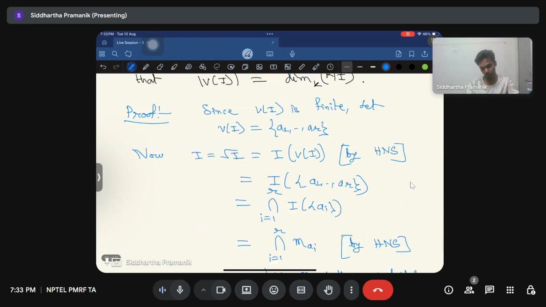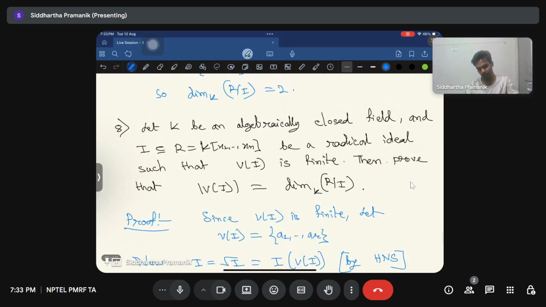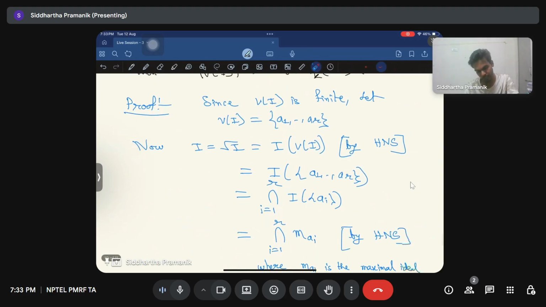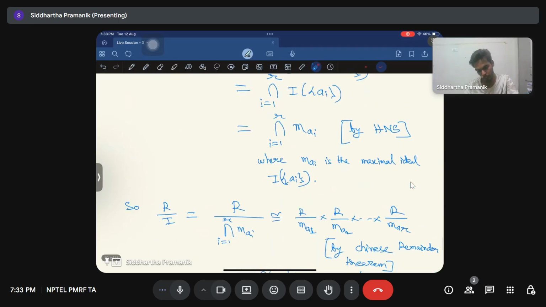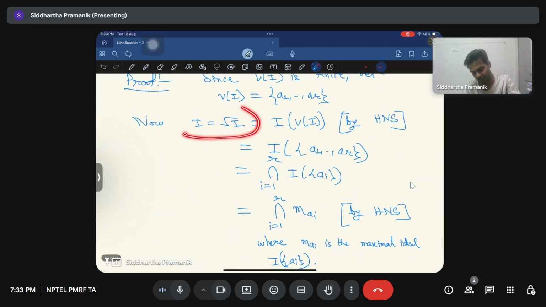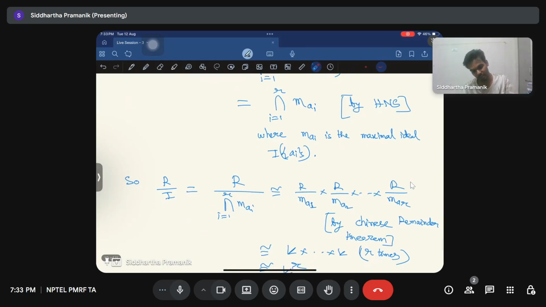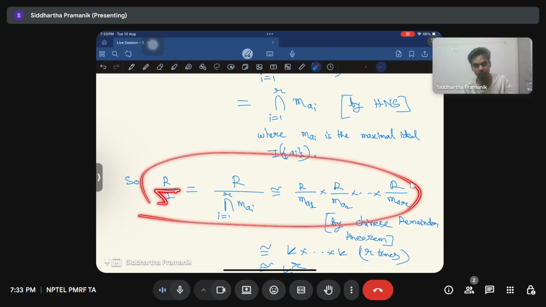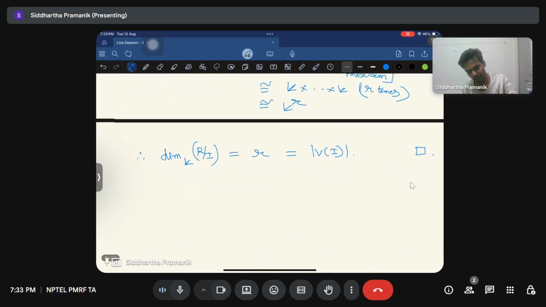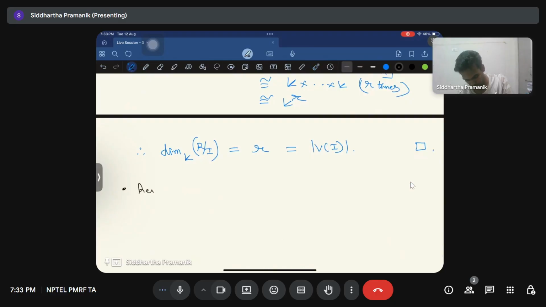So for this we have used the Hilbert Nullstellensatz. So we need the basic fact that the field is algebraically closed. But from this proof you can see that if I is not a radical ideal, then we also have this description for R quotient radical of I. So let's put it as a remark. So in general, when I is not equal to the radical of I,